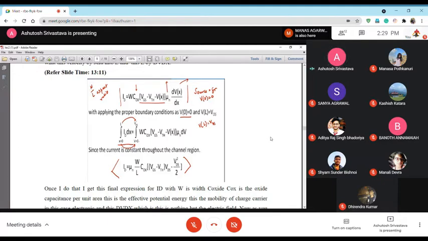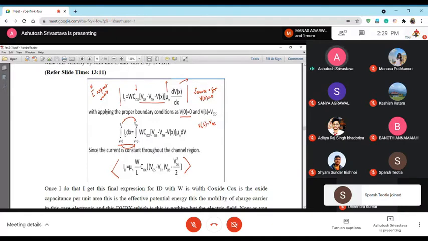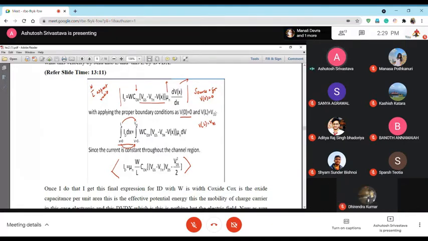So basically, applying the proper boundary condition, that is the potential at 0 is equal to 0, and the potential keeps on increasing, and at L, which is the channel length, becomes equal to VDS. We try to determine the current by integrating ID dx from 0 to L,